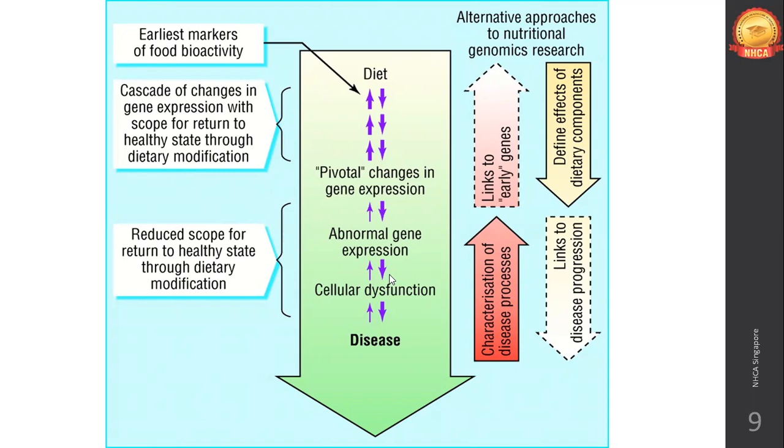When at cellular level your cells are not doing what they are supposed to do, that is when you acquire a disease. So this is the pathophysiology of how your diet can lead to disease. This is one way of seeing things. It can go from the other way also. Let's say you